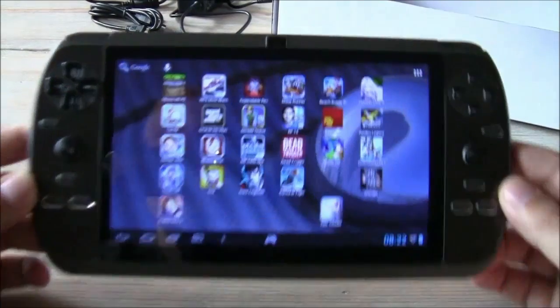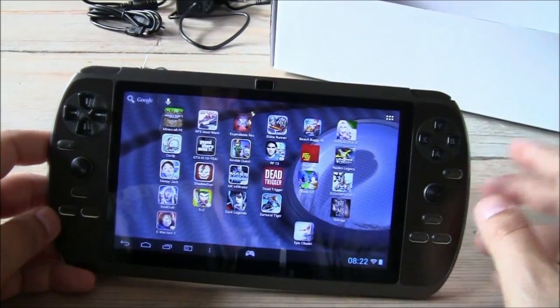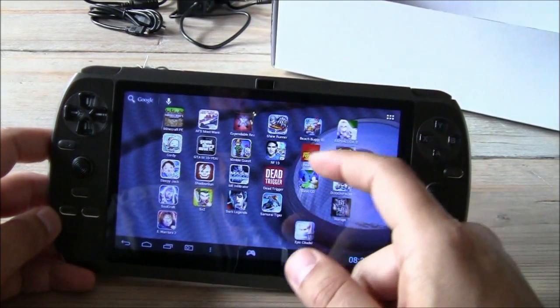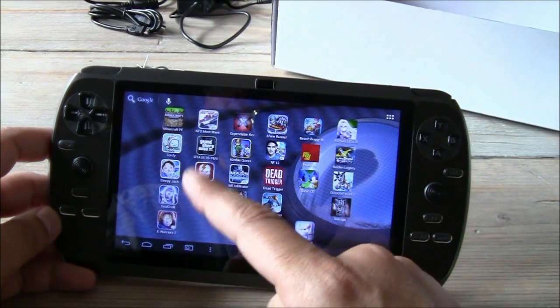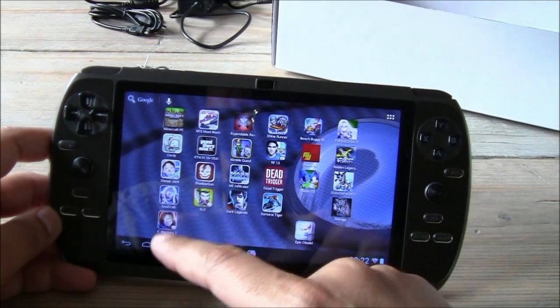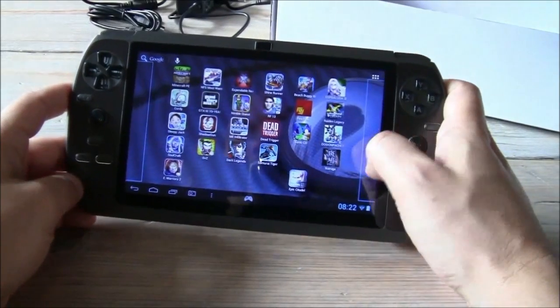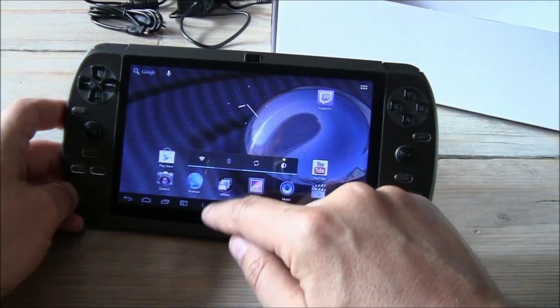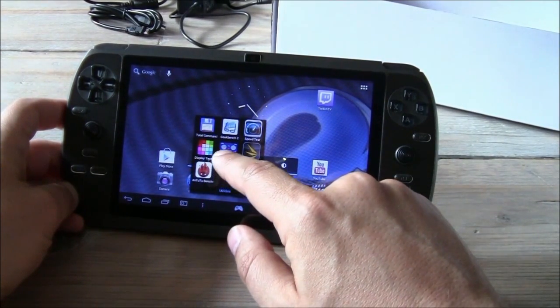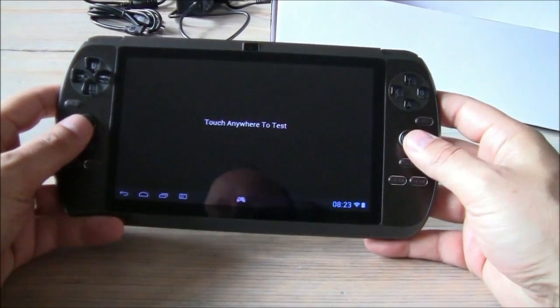So these are the games that I've installed to try out. It's Minecraft PE, Need for Speed Most Wanted, Expendable, Shine Runner, some shooters, some first-person shooters, racing games, adventure games, Epic Citadel, and some utilities. And this game key tester, that's a very nice thing, because it allows you to test